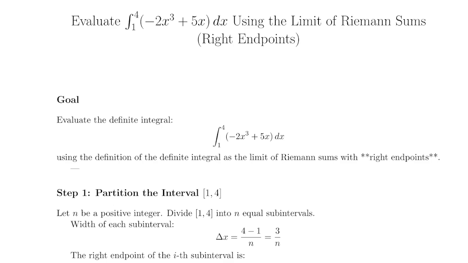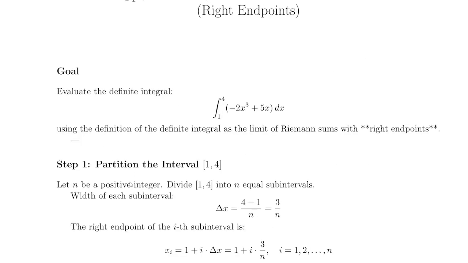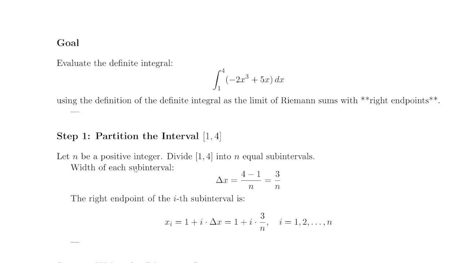In this video, we want to evaluate the integral from 1 to 4 of negative 2x cubed plus 5x dx using right Riemann sums. So let's first start off with the formula. We want to partition the interval from 1 to 4, and to do that we need to define what delta x is. Delta x is b minus a, so the length of the interval divided by n, the number of